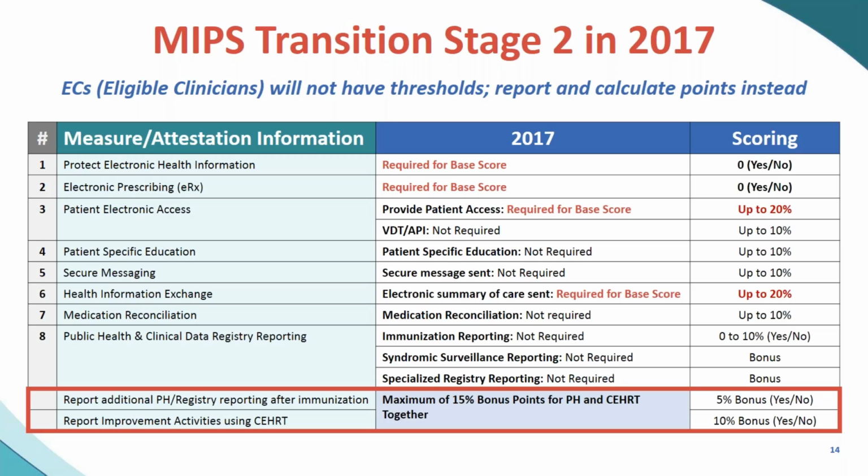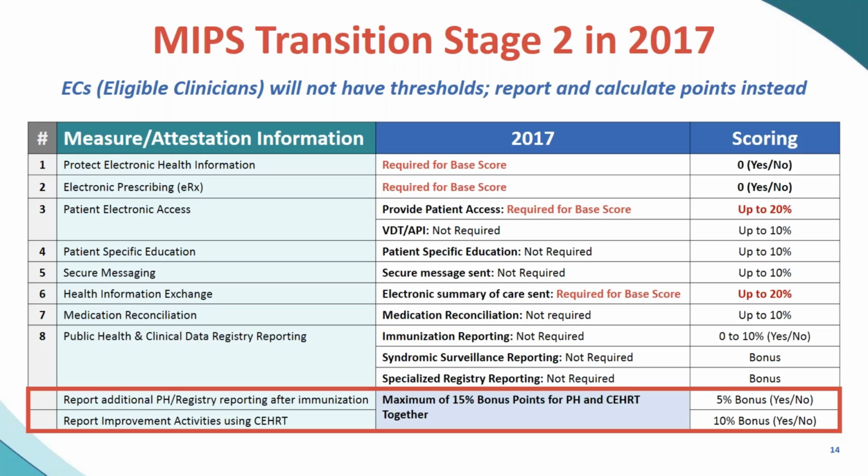You still are not required to be doing controlled substance e-prescribing to meet this measure, but it's one thing that many groups are doing starting this year, next year. But for this purpose, for the scoring, you are just reporting your e-prescribing numerator and denominator. The third area that you have to be reporting on is that you're providing patient access through the portal. And that means that you're pushing your summary of care, you're pushing your lab reports, your radiology is going there, and that you're giving access to the patients.